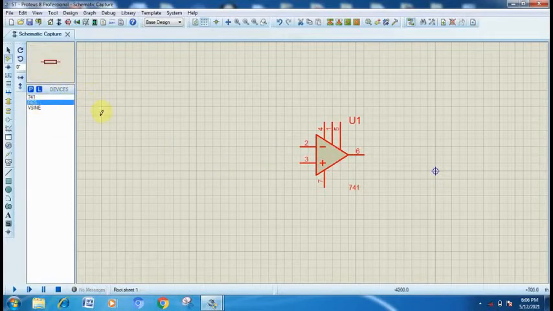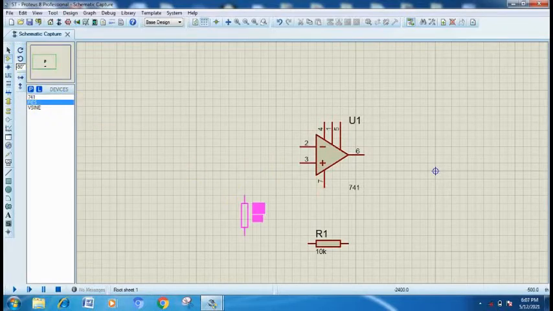Now place the resistors, one resistor for feedback. Place it here so that this area can be empty for connecting a power supply to the 7 number terminal of the IC. After that, rotate the resistor and place it here, connect this to the non-inverting terminal of the IC.